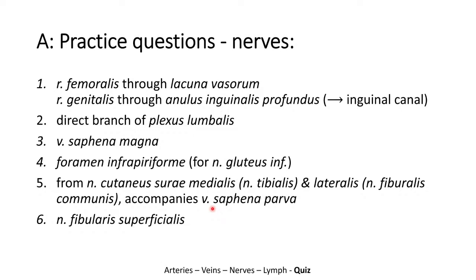And final question, I think the answer, it was asking about, let me see, innervation of fibularis brevis. So it's already a repetition from this week's